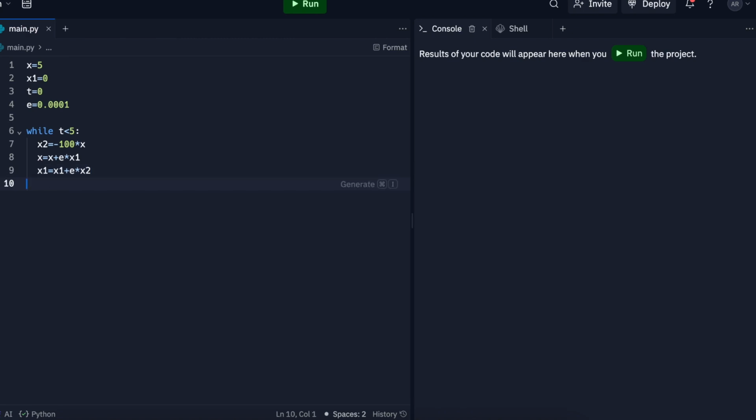Once this while loop, they call it, is done, I will use an unindented line, like there's an indentation here, to do something outside of the while loop, and I will do a print. This just prints the value to the screen right here, to the right part, and I will print the value of x. So hopefully we get some value that is close to what we found 5 minutes ago. Let's see. If I run this program,